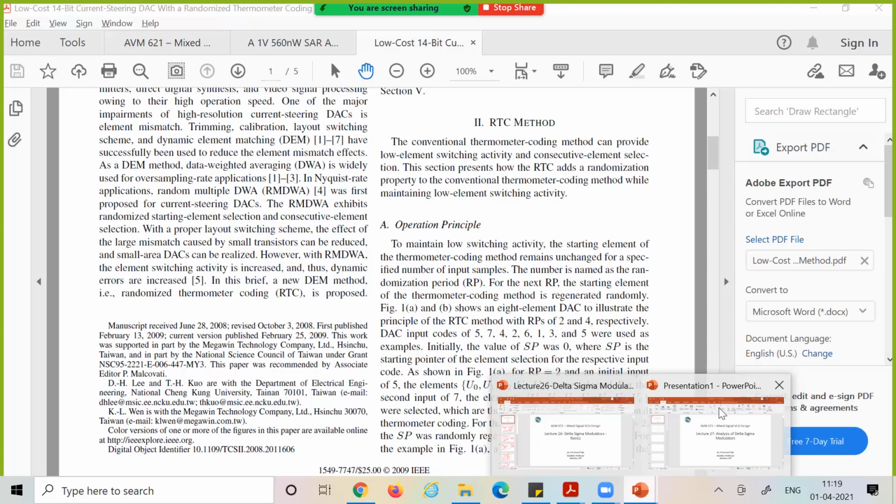Now you have already done your assignments for 15 marks, right? So 10 marks for the sample and hold, and 5 marks for the MATLAB exercise. Now what I want to do is I want you to split into two groups, okay? And for one group, I will give you access to Cadence. I hope by next week I should be able to give you.